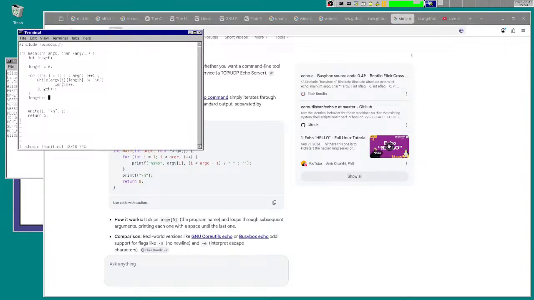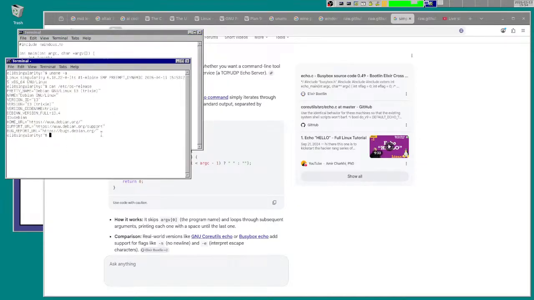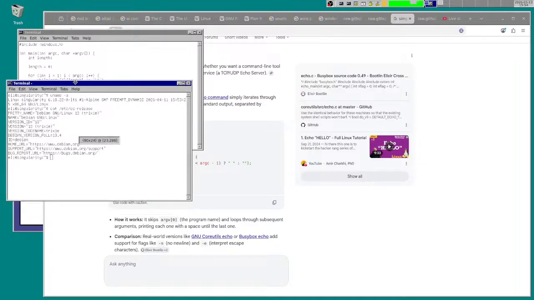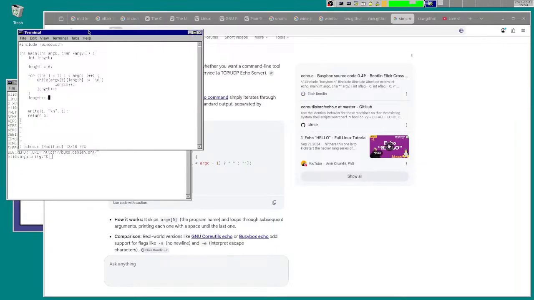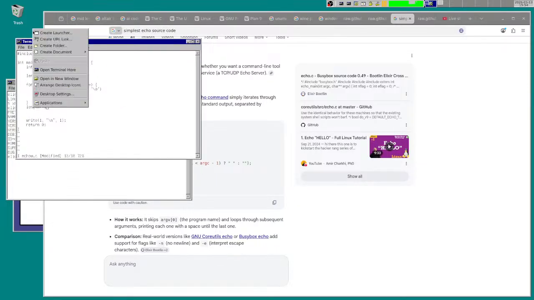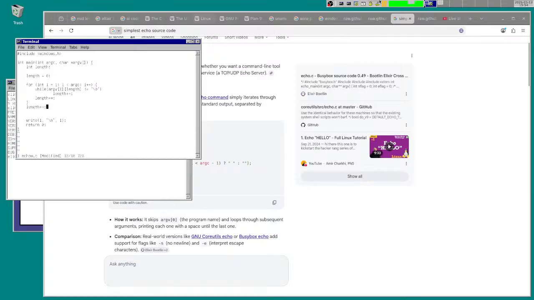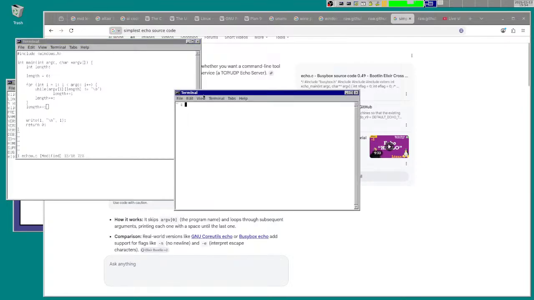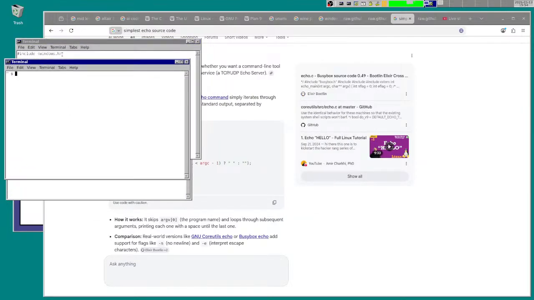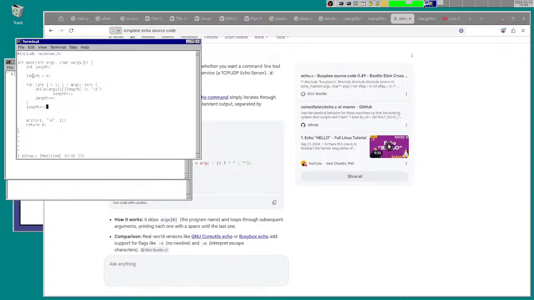Anyways, what I'm doing here with this length is counting all the characters and storing them in this integer, length. Initially I've started at 0, and then I'm looping over all this stuff.